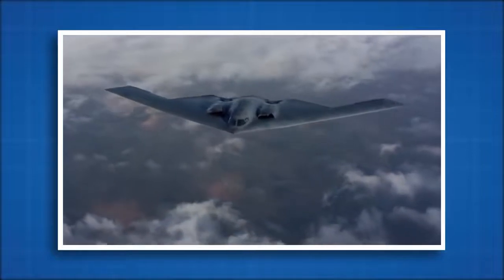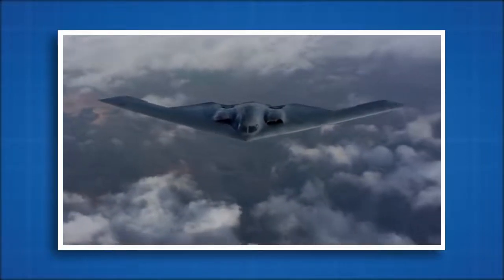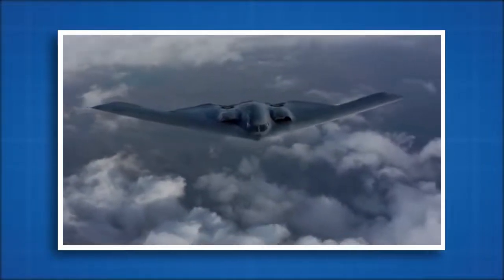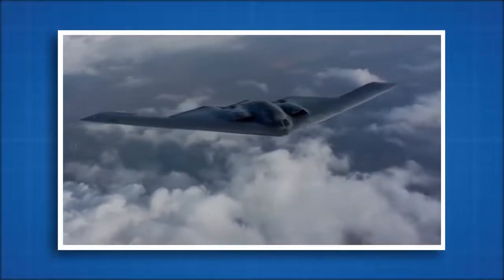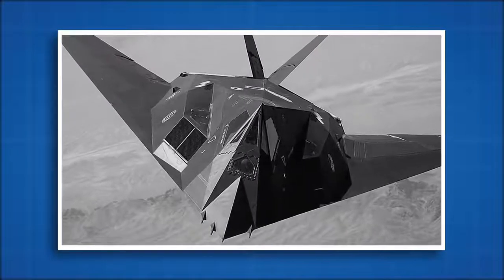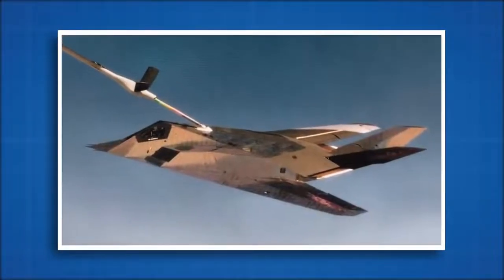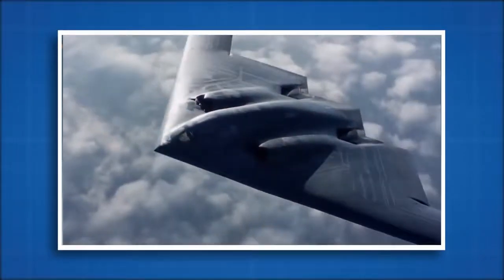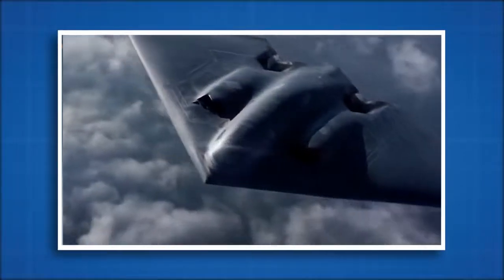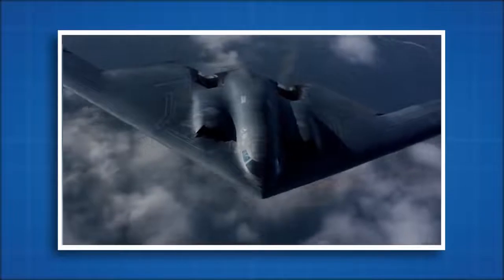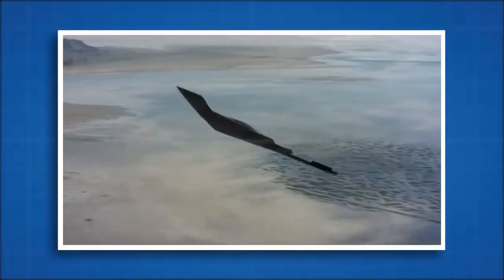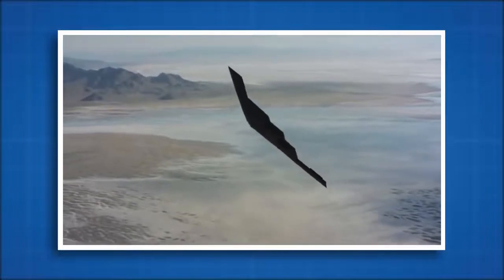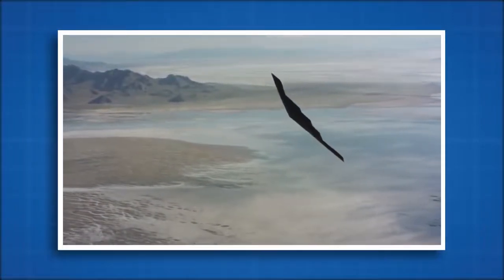The aircraft was designed with the aid of computational models and a supercomputer, which resulted in an incredibly complex curved shape. This technology was not available during the development of the F-117 Nighthawk, resulting in its much simpler faceted flat panels. The B-2's radar cross-section is further reduced by its streamlined flying wing design, with its highly reflective engines embedded within the aircraft, where radar cannot see it. Even the engine's air intakes and exhaust vents are located on top of the plane